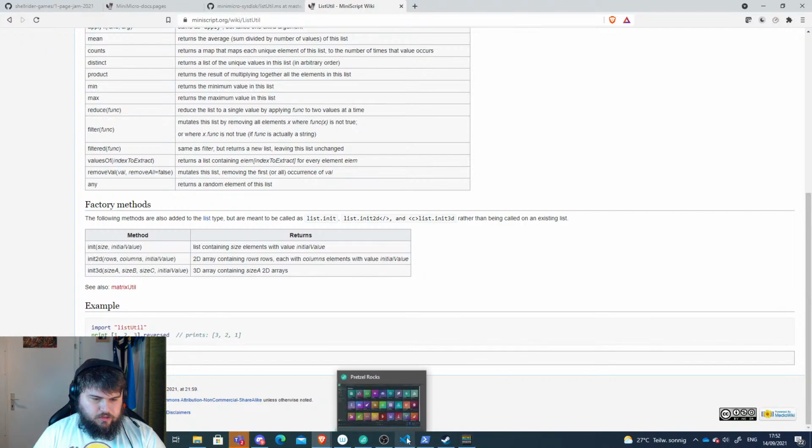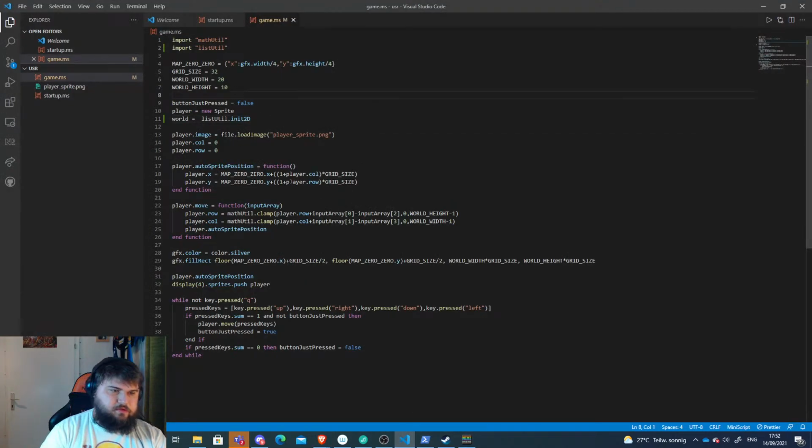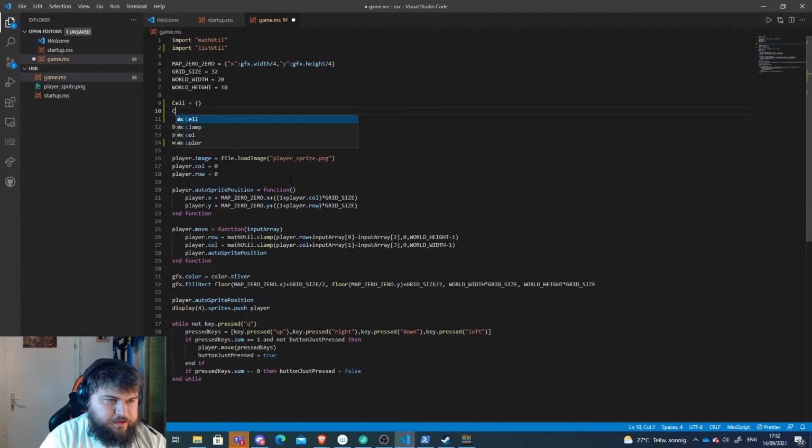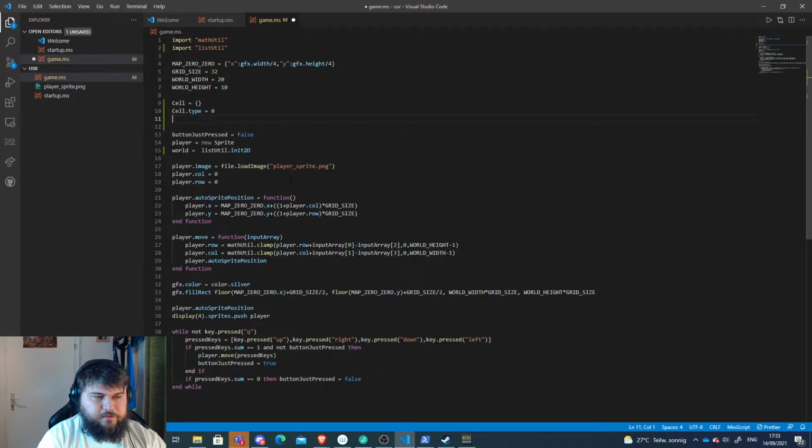Which means what I can do is be like cell equals a weird thing, and set cell type to 0 for default, and set cell box equals null, and there I could put crates then later. And then I say